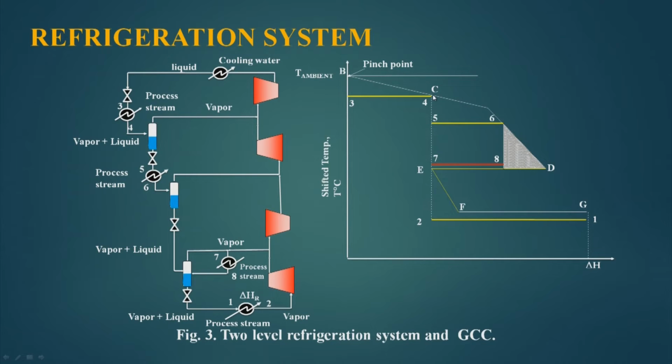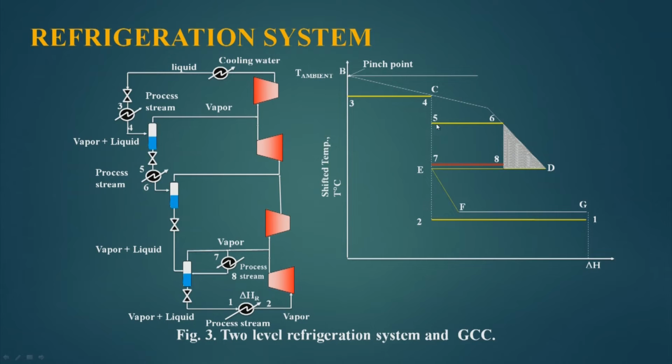Then the heat available from this to this is rejected here from 5 to 6. So, this is this evaporator. Now, the heat available from this point to this point is rejected from this point to this point. So, this is a process to process heat exchange. Now, we have to satisfy this part because this part needs heat. Earlier this heat was satisfied from this point to this point. The process streams which were from this to this were giving heat to this.